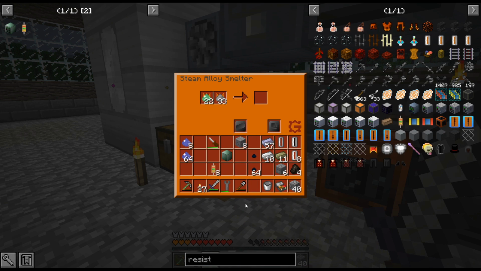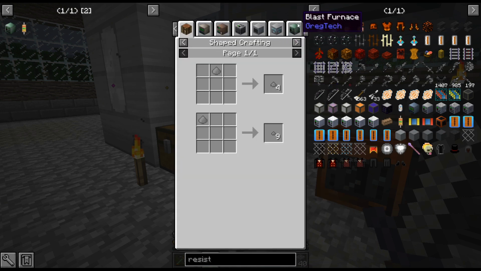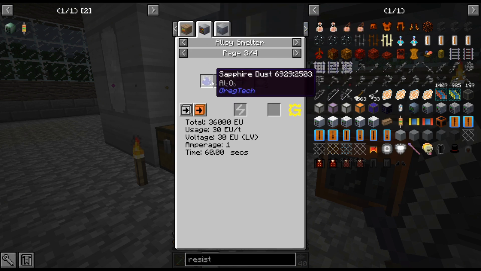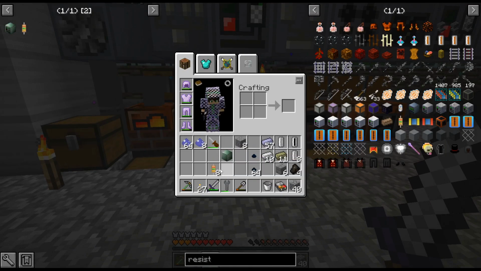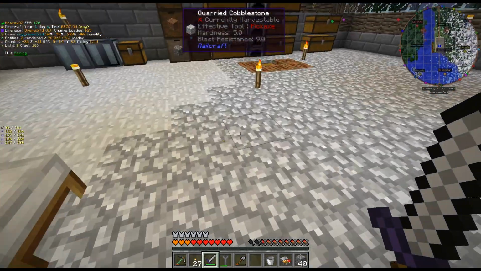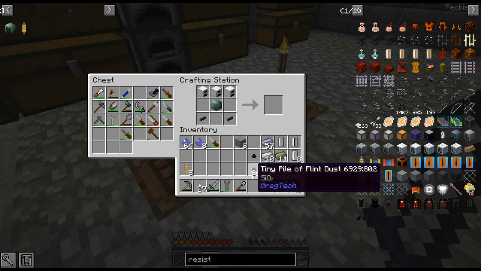But let's just get that going. This is a very slow recipe, unfortunately. So this will just have to run. There it is. 60 seconds. And yeah, there is the mica one as well, but that's not as slow, but we still have to do that too. So I'm going to get that going, and I need to get all the invar and stuff we need for the heat-proof machine casings, but I think before I finish up this episode, I do want to